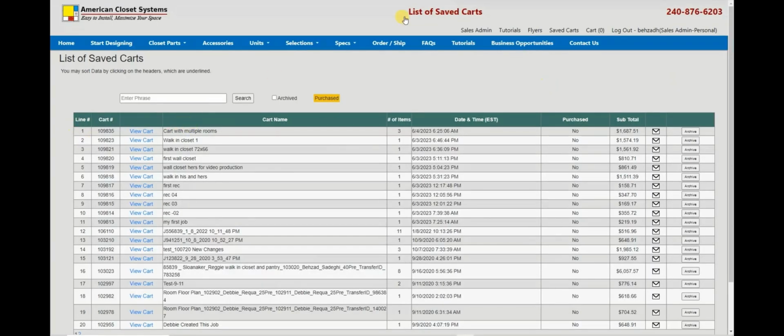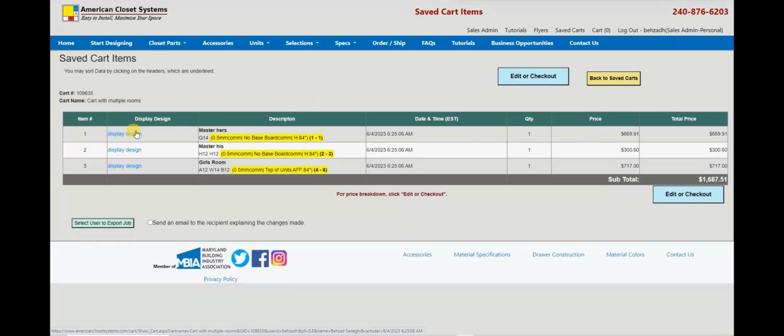Now we have the card. Again, we are on the list of saved cards. We have the card in here. This time we want to add some closet parts. So I will go to the same card. So I open up the card. I say edit checkout,